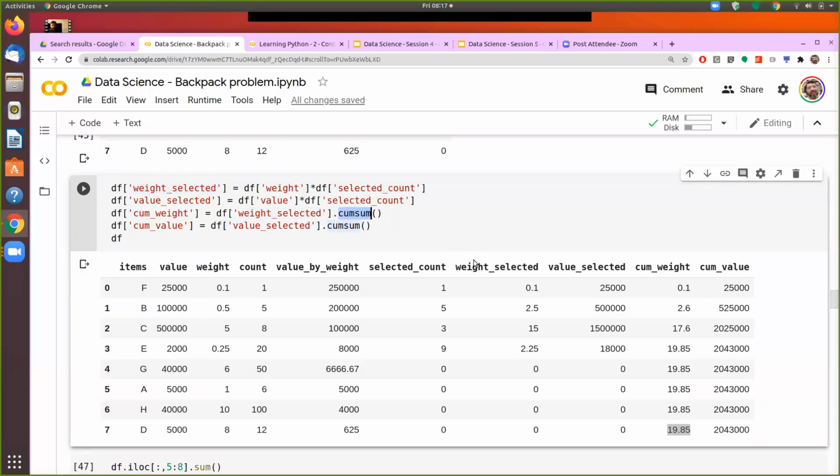Okay, thank you. And the same thing I'm doing here for the value also. So it gives me a running total. Cumulative sum is nothing but the running total, as you may have used in Excel also sometime. But there you have to define the formula. Here we can just give the CumSum, and then it will compute for the entire range.